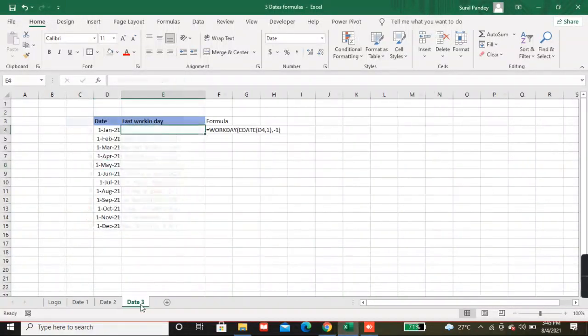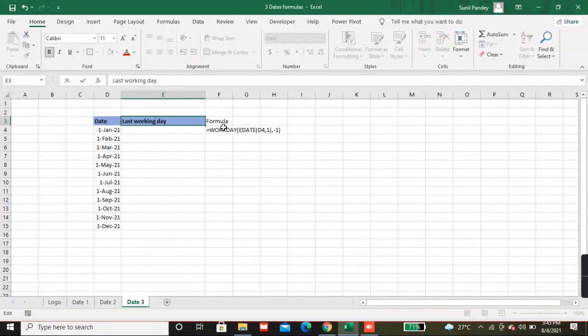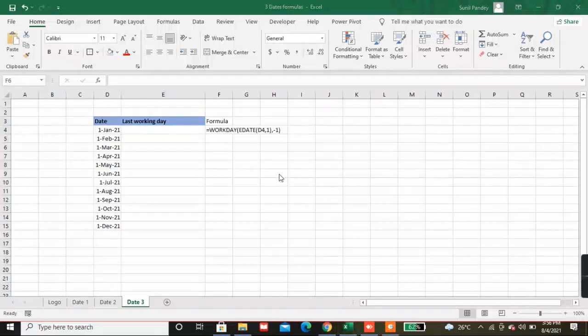Okay, let's see the last working day for the month. Now the third formula we are going to see is how to find out the last working day from the month.